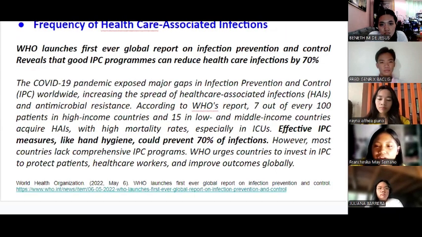So, the frequency of healthcare-associated infections. Based from my research, the World Health Organization launched its first ever global report on infection prevention and control, and it revealed that IPC programs can greatly reduce infections by 70%. According to this report, 7 out of every 100 patients in high income countries and 15 out of 100 in low and middle income countries, which includes the Philippines, acquire HAIs with high mortality rates,